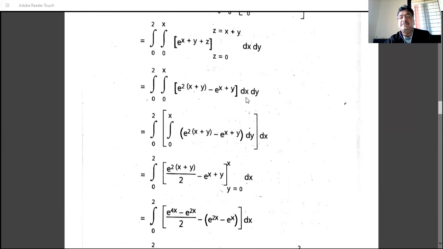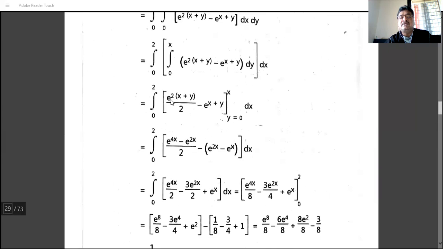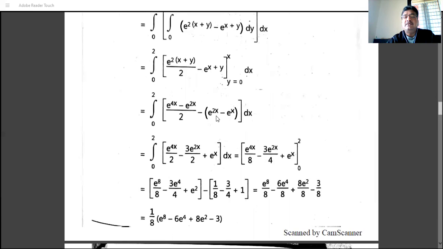And then the integration with respect to y, secondly, from 0 to x. The integration: e raised to 2x is constant, and for 2y we divide by 2. And e raised to x plus y integrates to e raised to x plus y divided by 1, because the coefficient of y is 1. Here the coefficient of y is 2, so divide by 2. Then the value at the upper limit: substitute y as x. So we have e raised to 2 in bracket x plus x, which means e raised to 4x, divided by 2,